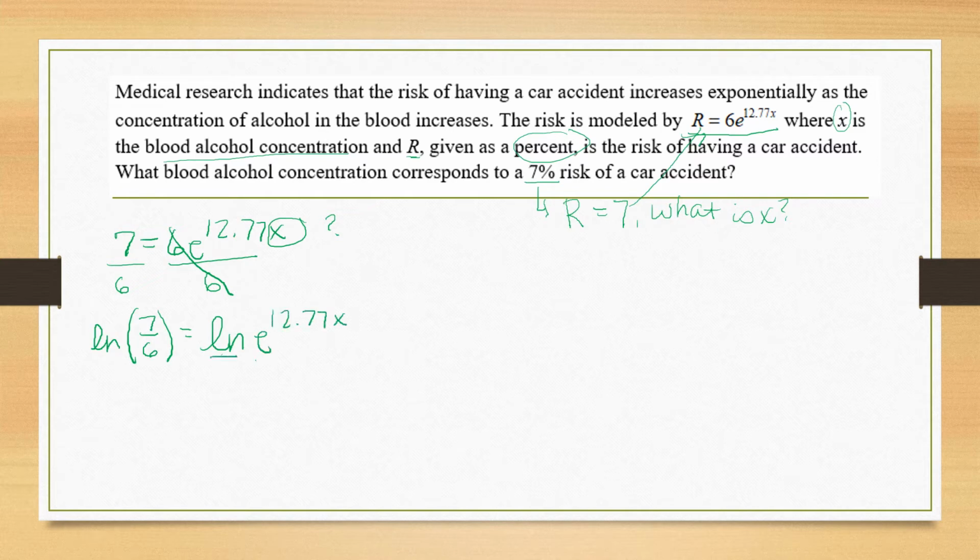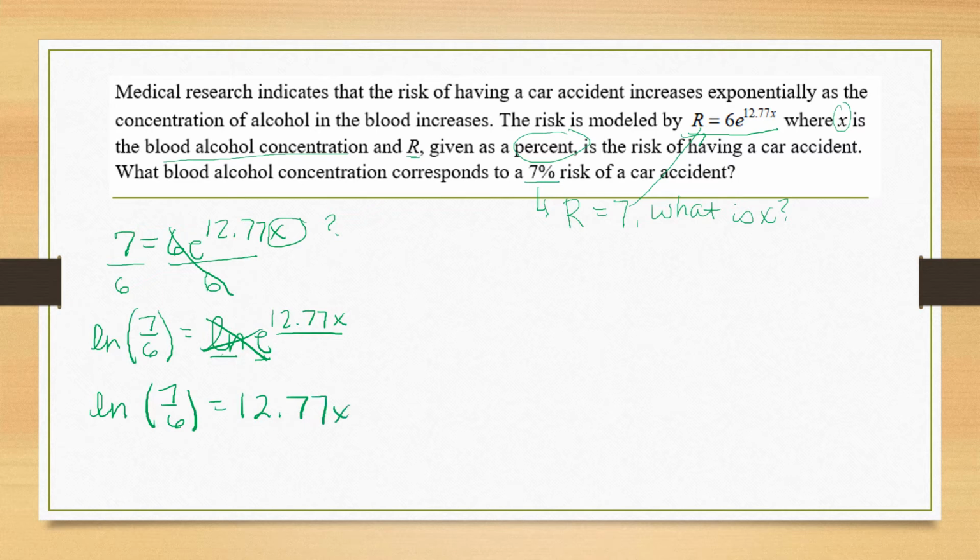Well, the natural log of e raised to this, I can just take those out and set it equal to the 12.77x. So I have the natural log of 7/6 is equal to